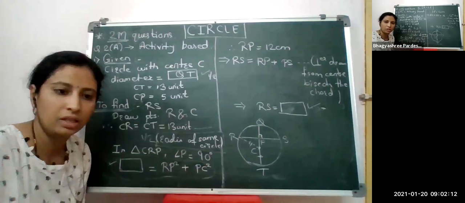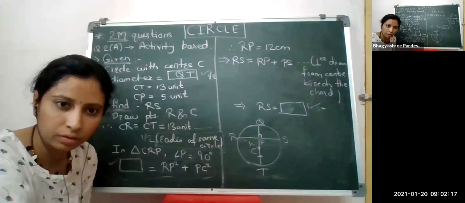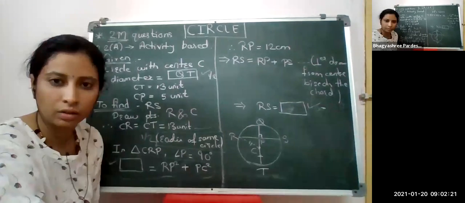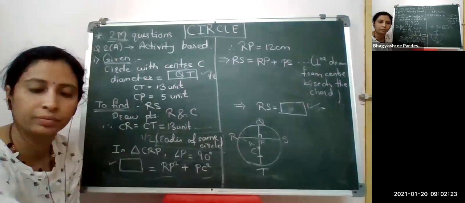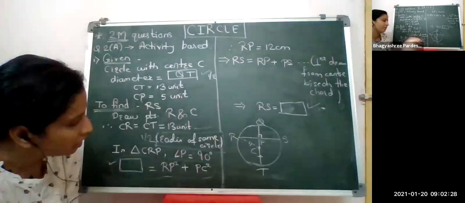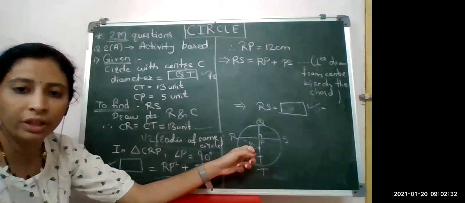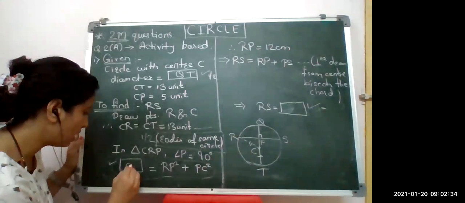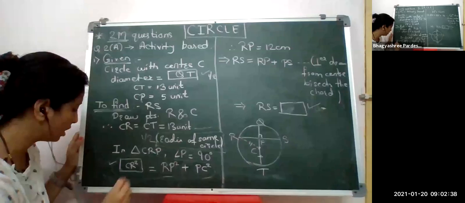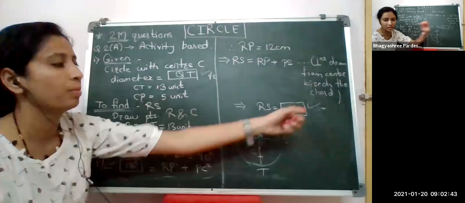Yeah, Sakshi Moria. Yes, Sakshi? CR square. CR square. Very good. CR is the hypotenuse. Therefore, here it will become CR square. That is, hypotenuse square is equal to the sum of the remaining sides' squares. Again, we have scored the half marks. Means 1.5 marks we scored and just the last blank space remains.